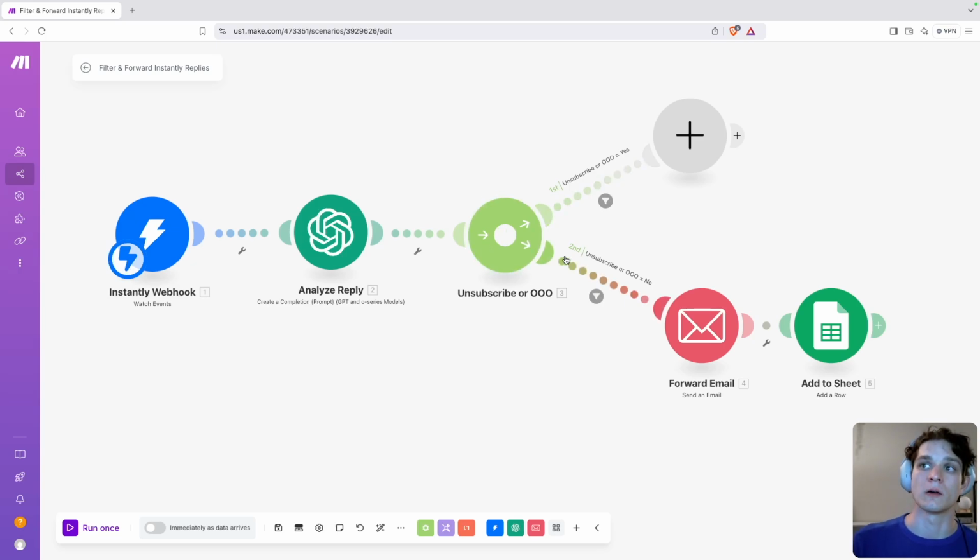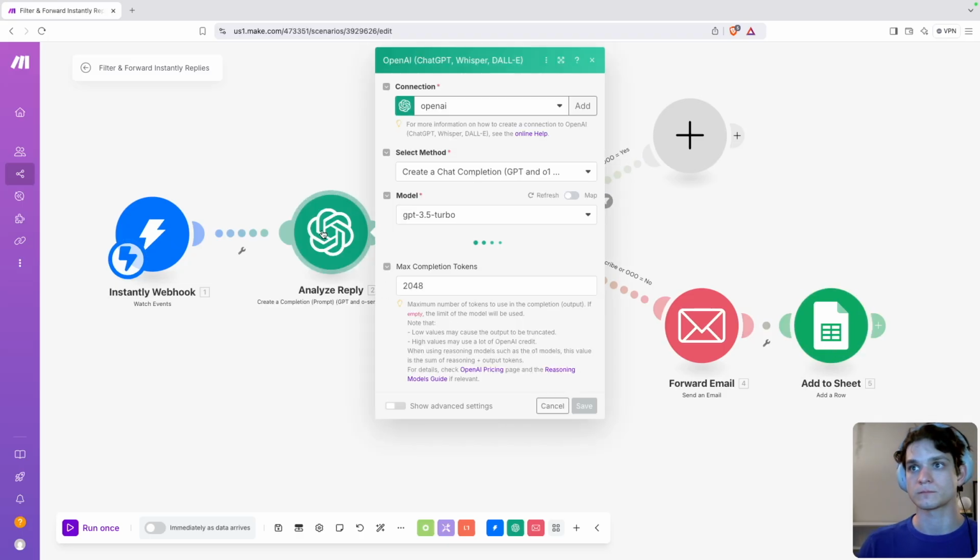Whereas if they are a positive reply, they'll go down this no path. So any reply that's not out of office, or this person's no longer working here, or hey, please stop or unsubscribe me, any other message will go down this path. And so we'll forward the contact's information and the actual reply that they sent to a salesperson, and then update that information within a Google Sheet. So going back to this GPT prompt,